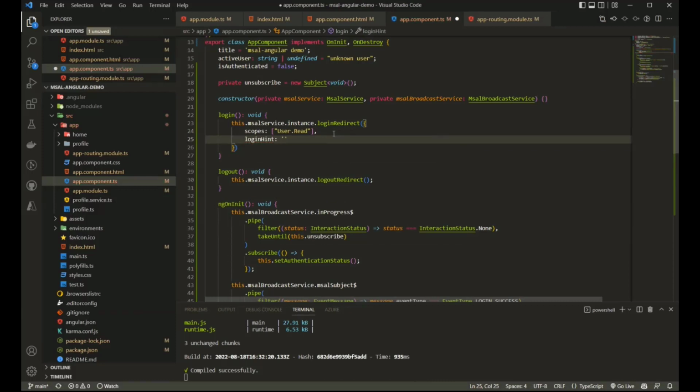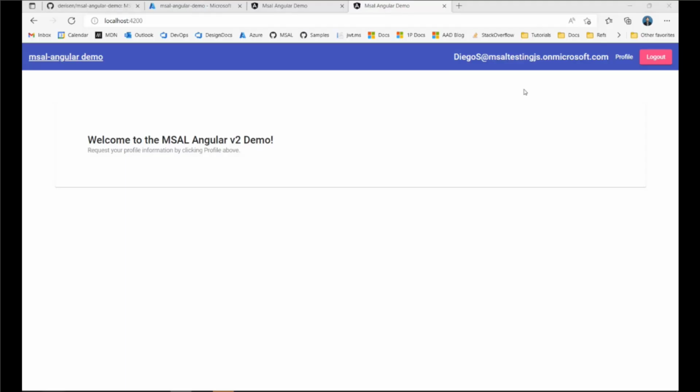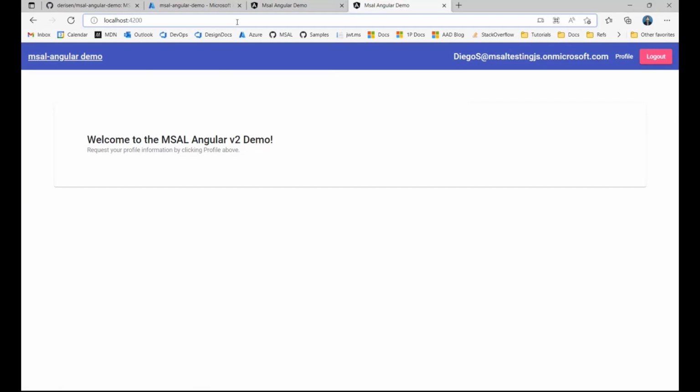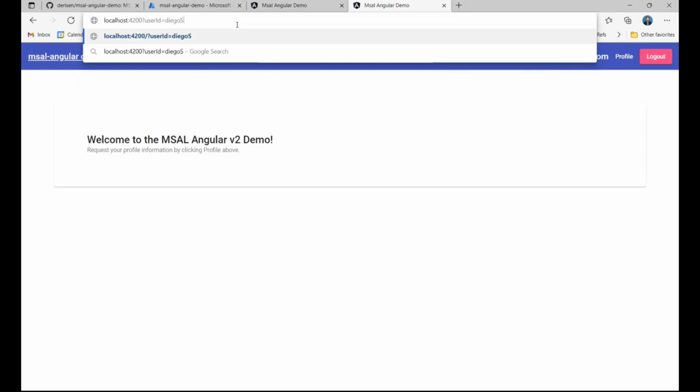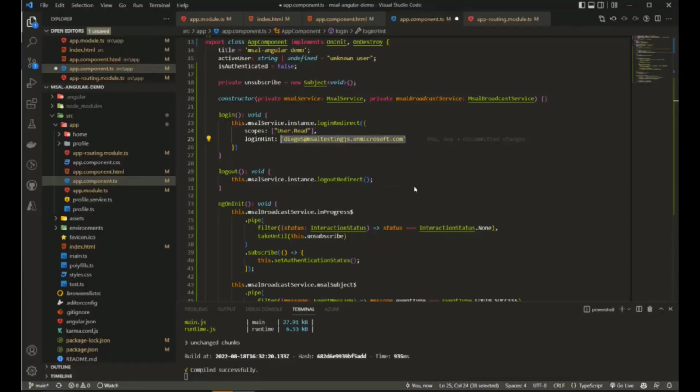Now, if you're asking where am I going to get this, well, this is really up to you. Your application, for instance, might have, let's say you have a company portal and a link to your Angular application. You can redirect to this application with some query parameter and a user ID. And then in your application, you can grab this and pass it to MSAL. That way, MSAL would know which account it needs to sign the user into. So that's one possible way.